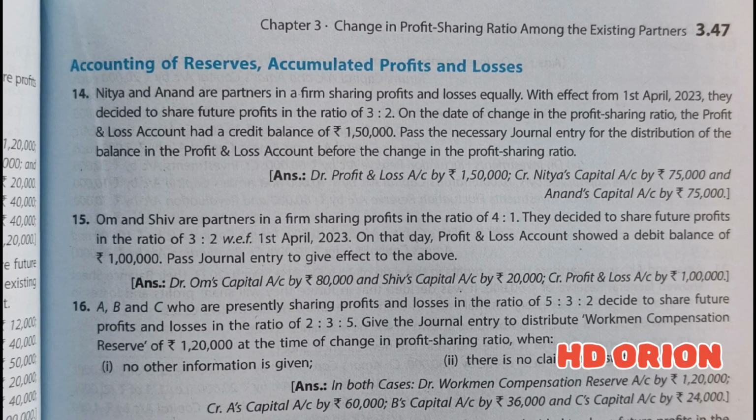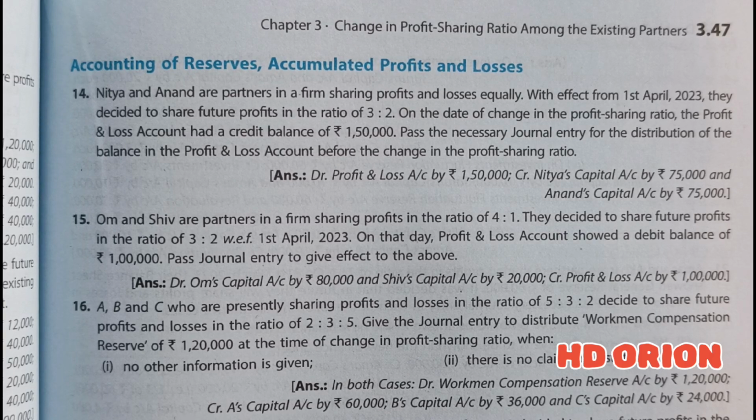So these profits are to be distributed to the partners because the constitution of the firm has changed. From the old profit sharing ratio, the firm has now changed to a new profit sharing ratio. As a result, all the accumulated profits or losses or undistributed profits in the form of reserves which the firm